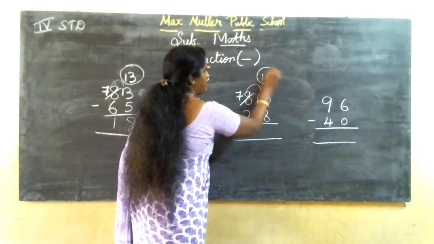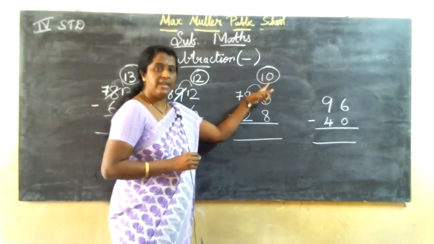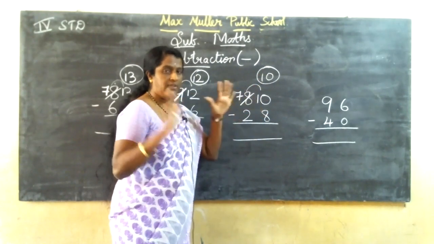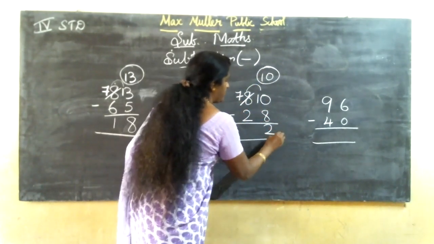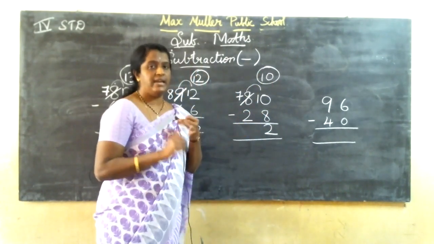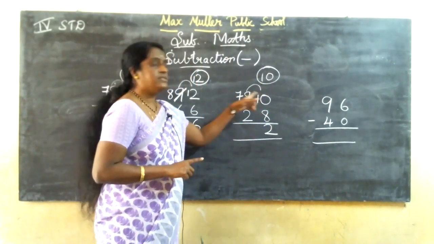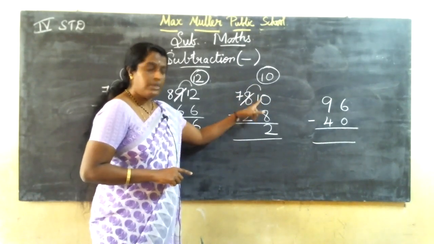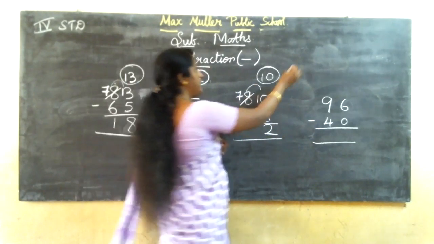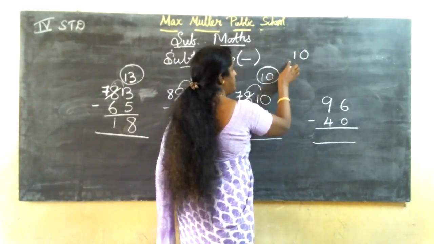So, 1 here, what it will become here? It is 10. 1, 0, 10. You are having 10 fingers. Cut 8 fingers. 2. 8 afterwards, 9, 10. So, 2 fingers. See, if it is 0 here up means, you can borrow. If 0 is there, if you borrow, it will become 10.